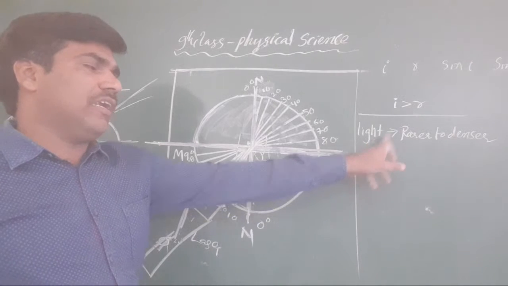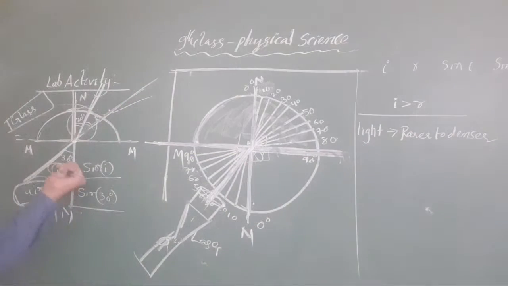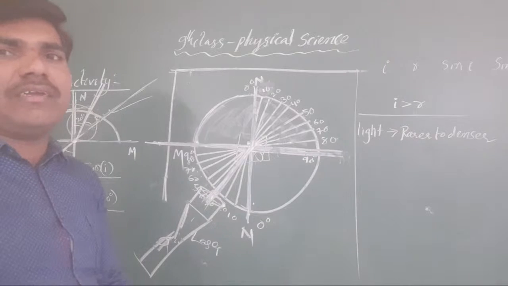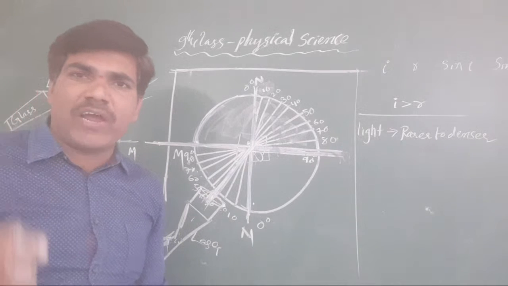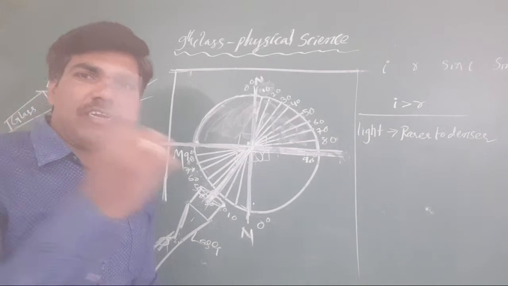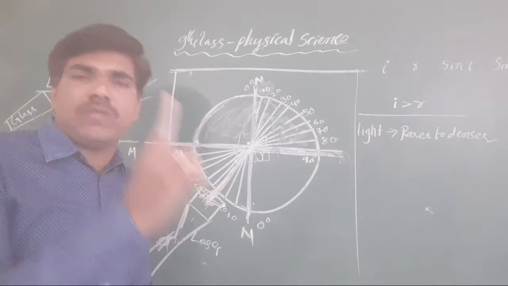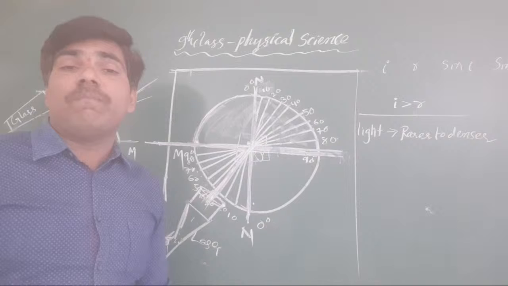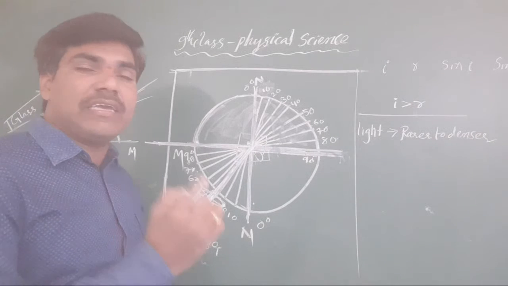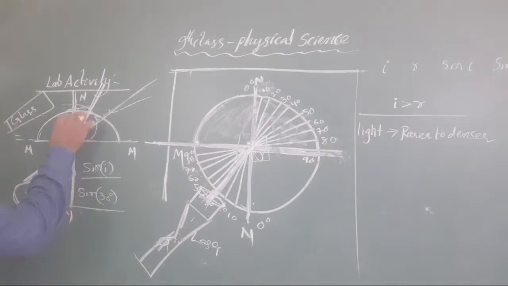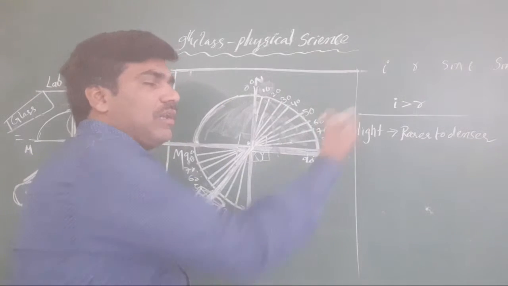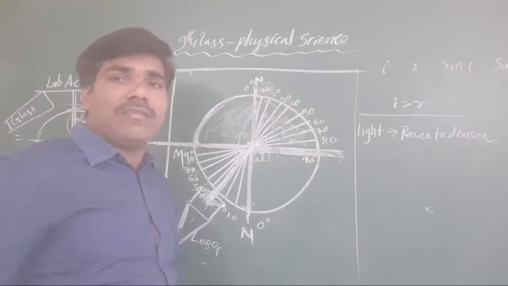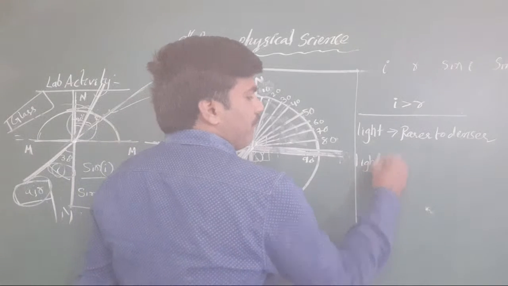Here what is the incident ray? It is coming from the rarer medium like this. It is 30 degrees. And the deviation occurs, compulsorily less than 30 degrees only, when it enters from rarer to the denser. Meaning the refracted ray is compulsorily deviated towards the normal. When it is deviated towards the normal, automatically what will we get? The value compulsorily decreases. It is not away from the normal, it is towards the normal. Automatically our refracted angle is lesser. Then the same, the light enters from